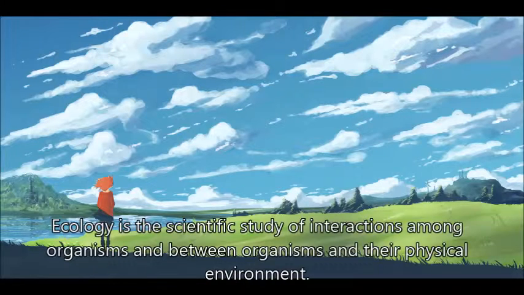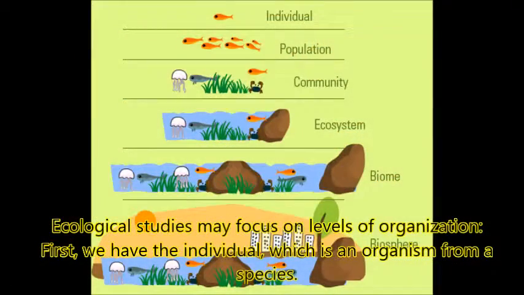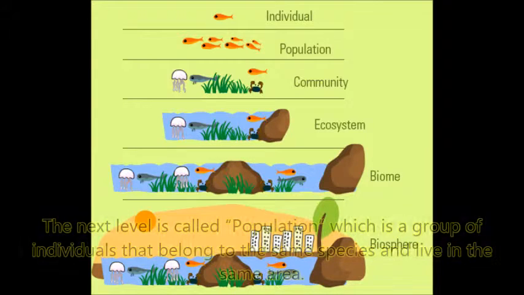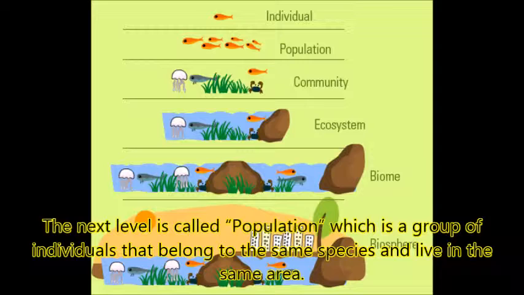Ecology is the scientific study of interactions among organisms and between organisms and their physical environment. Ecological studies may focus on levels of organization. First, we have the individual, which is an organism from a species. The next level is called population, which is a group of individuals that belong to the same species and live